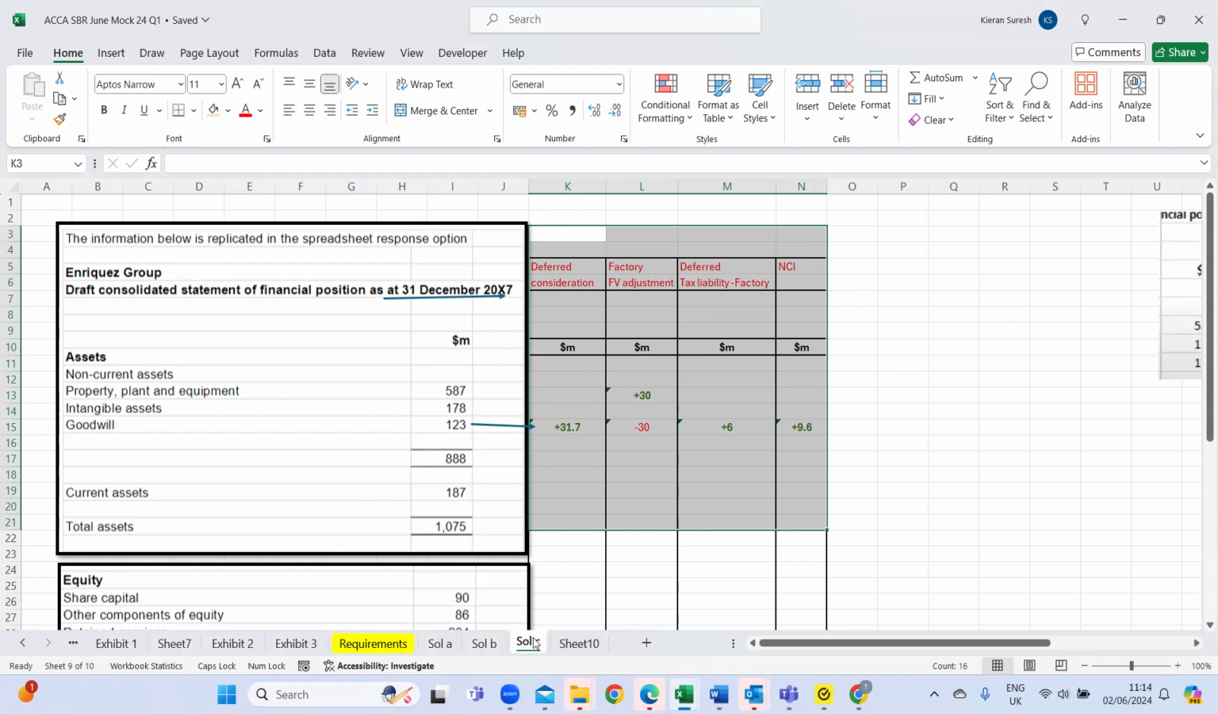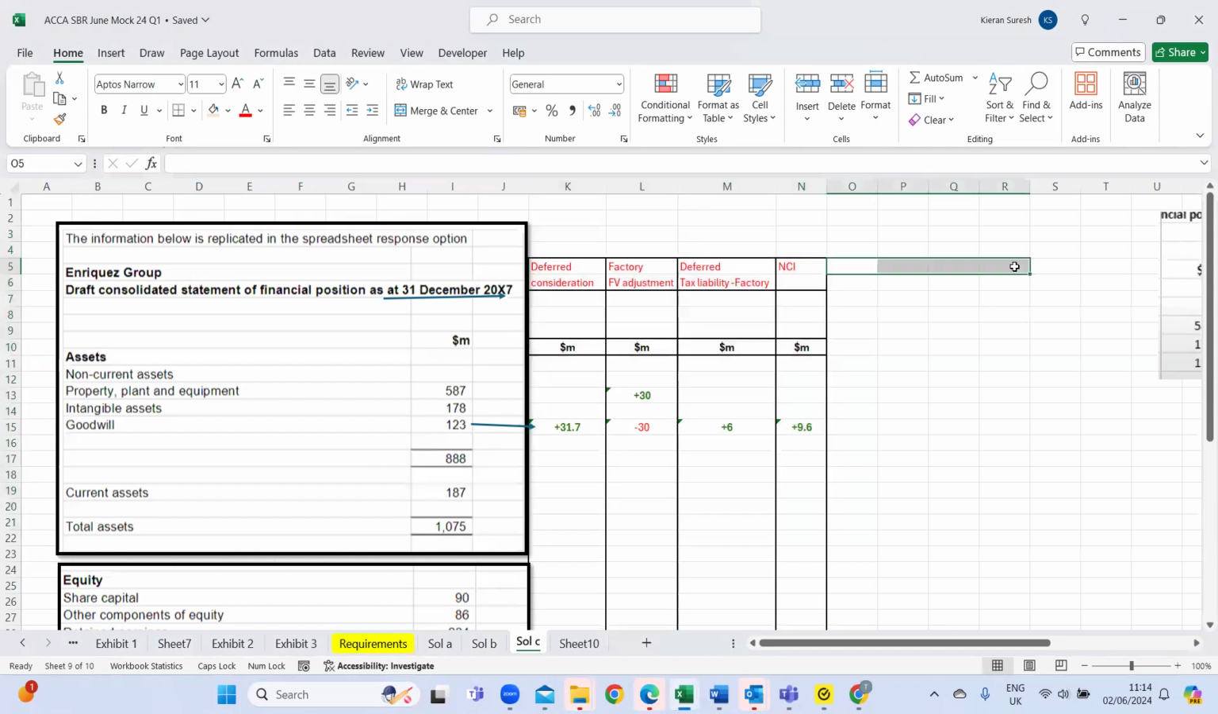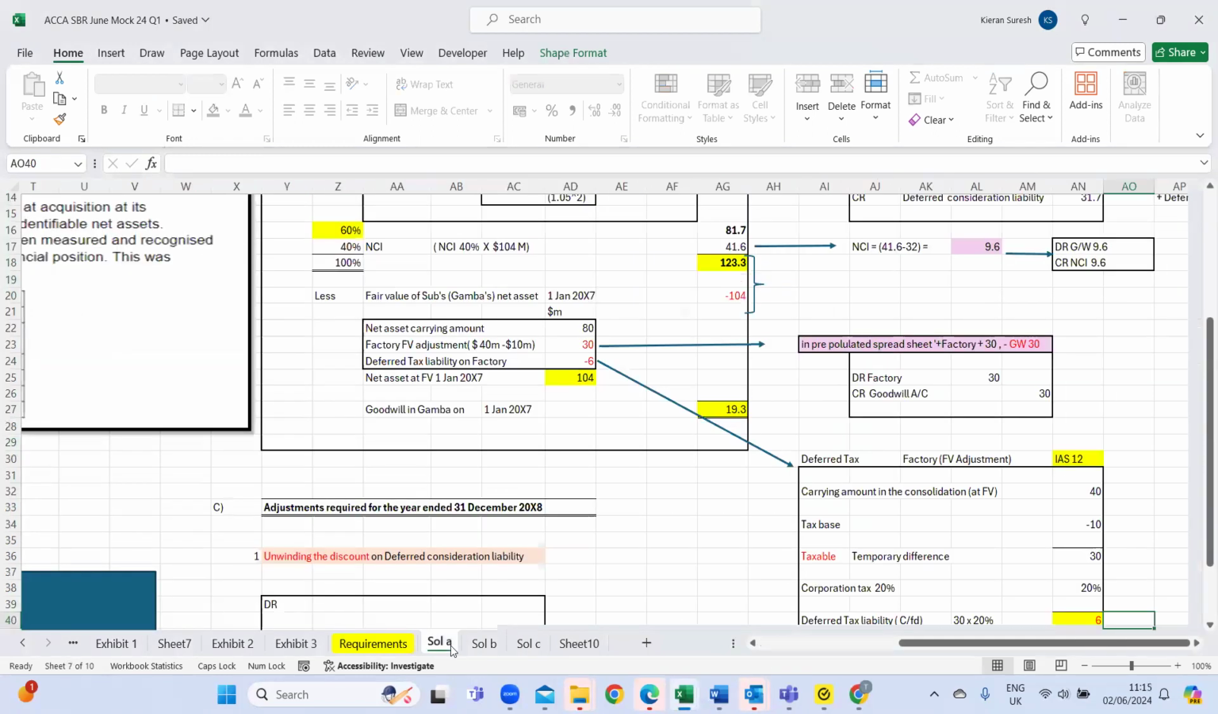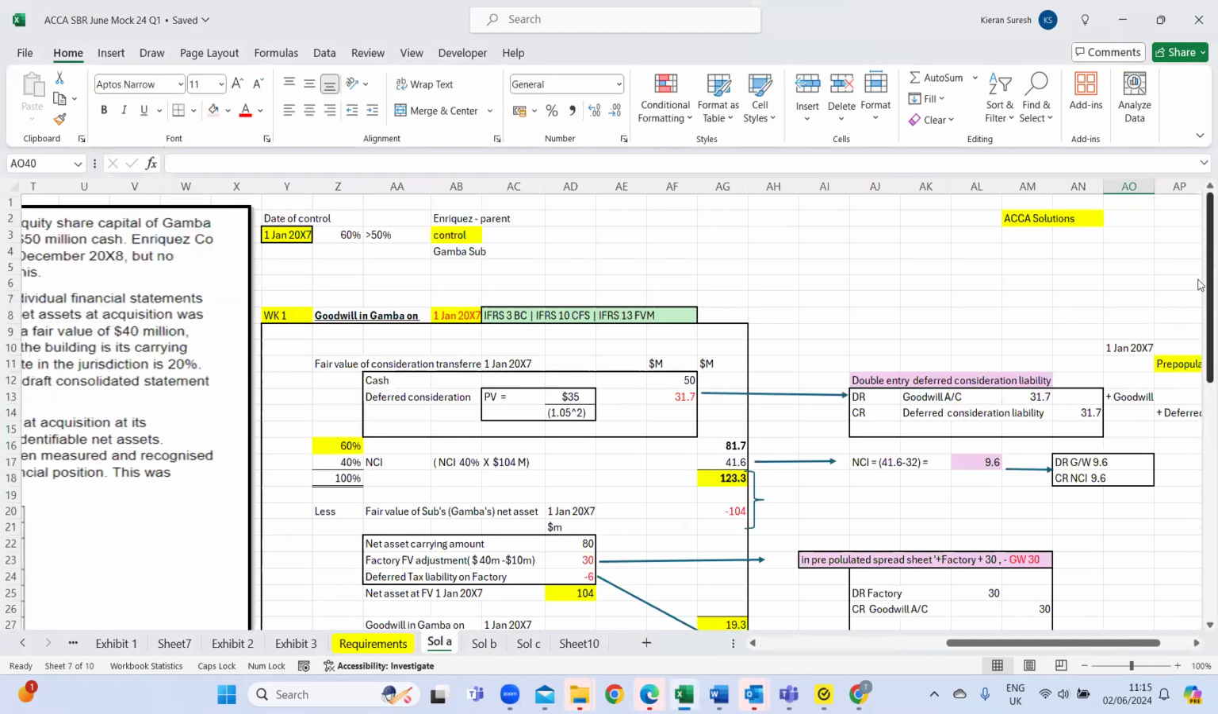Now we're going to see what other adjustments are needed, because we've been asked to do this for 31st of December 2017. From the initial recognition date, that is 1 year, 12 months, right? So we need to work that out. Let's go back to the A part first to see what adjustments need to be done for